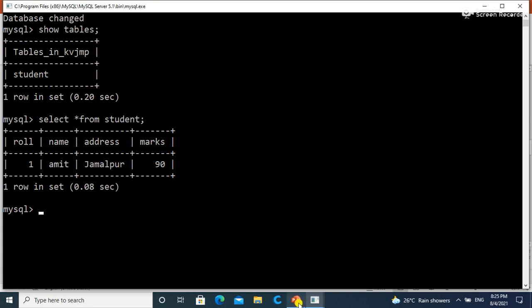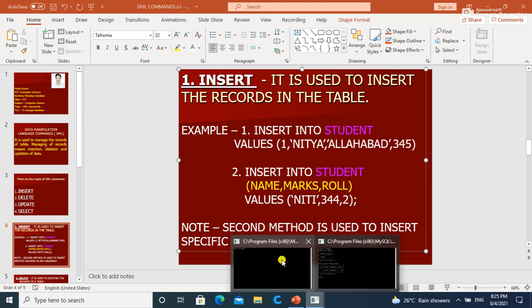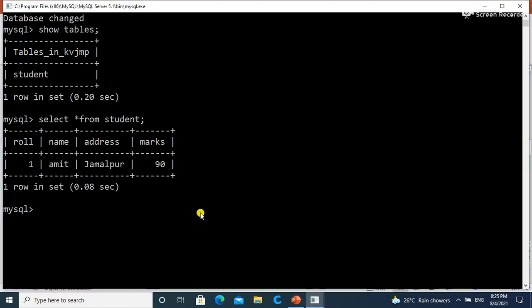Now how can we insert the record? Just write this command, and you can see we can insert the record in this table. Insert into name of table. Here the name of table is student.